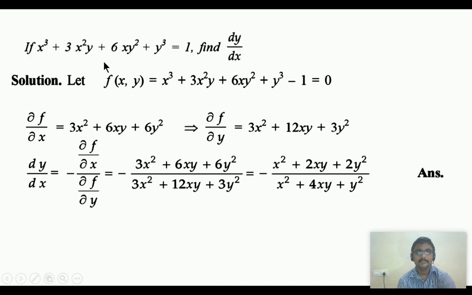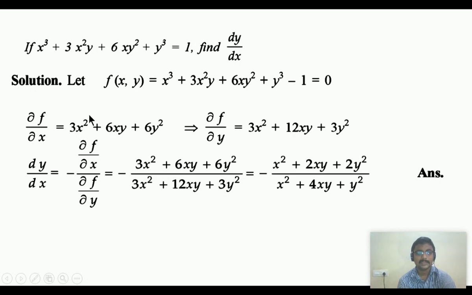Now another sum. If x cube plus 3x square y plus 6x y square plus y cube is 1, then find dy by dx. Given function, implicit function, let it be f of x y. Now computing dou f by dou x, which is obtained by differentiating partially with respect to x, keeping y as